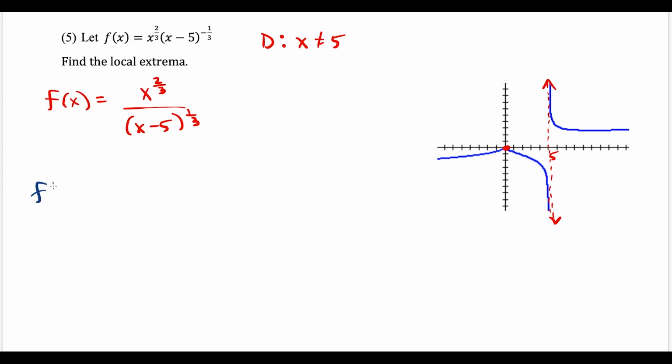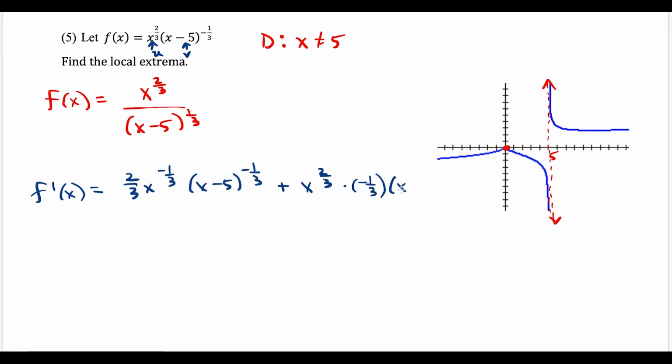So we're going to have f prime of x, and let's say we want to use the product rule. So this will be our u term, and this will be our v term. So we're going to have 2/3 x to the negative 1/3 times x minus 5 to the negative 1/3, and then we're going to add x to the 2/3 times the derivative. So to do this derivative, we're going to do the power rule. We have negative 1/3 coming down, and then we have x minus 5 to the negative 1/3 minus 1, which